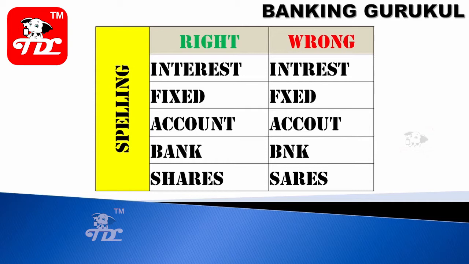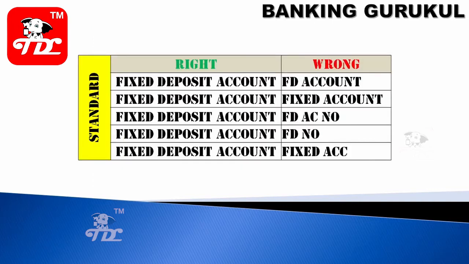Not only functionality or calculations or interest, but also spelling. In a lot of banking applications you will find a lot of spelling mistakes. Whether you have covered a test case for the spellings or not, I don't know, but whenever you are testing a banking application, always see that spellings are correct. In my example, for interest, only the e is missing, but the total meaning has gone. So while testing a banking application, always verify spelling and standards.